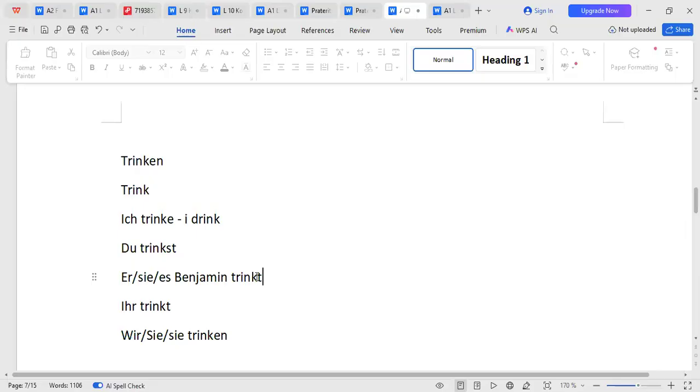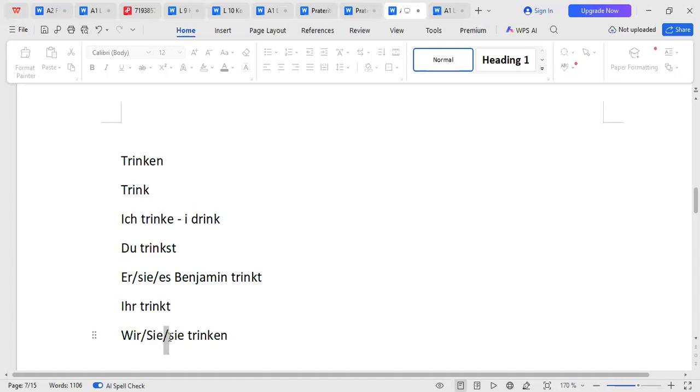The rule is simple. You add T at the end of the verb. So that is the rule. Here is ihr, you all. So when I want to say Daisy, Benjamin, Susan, all of you are drinking, say ihr trinkt. The ihr means you all. Then we have the wir, this is we. We are drinking. Then Sie is you formal. Maybe you meet a person you don't know for the first time, or somebody superior, you're addressing them with Sie. This is you formal, capital S. So you are drinking, Sie trinken.